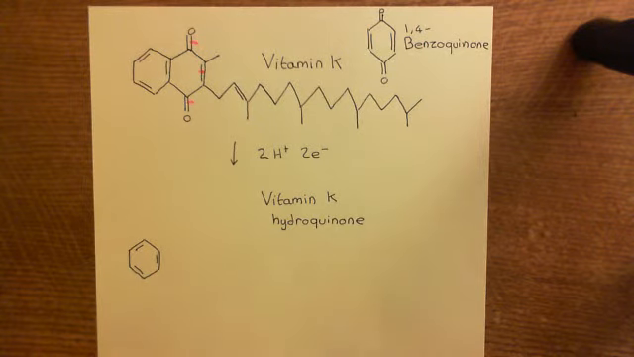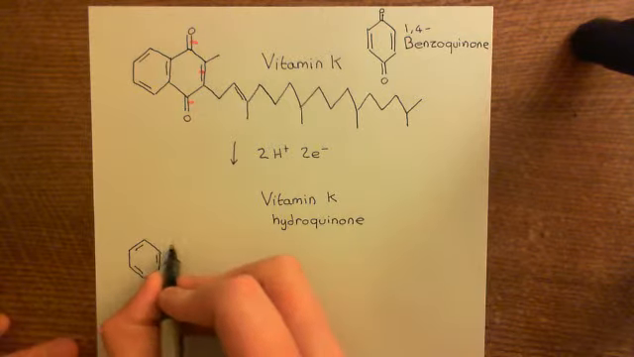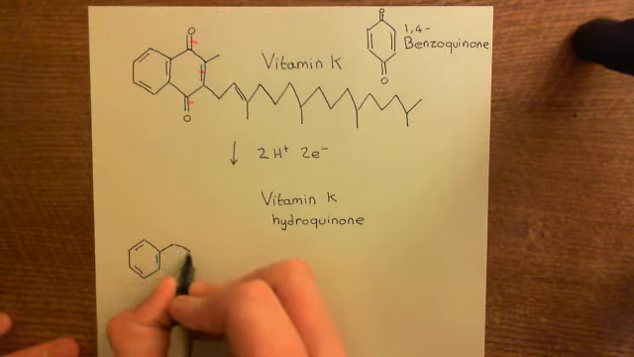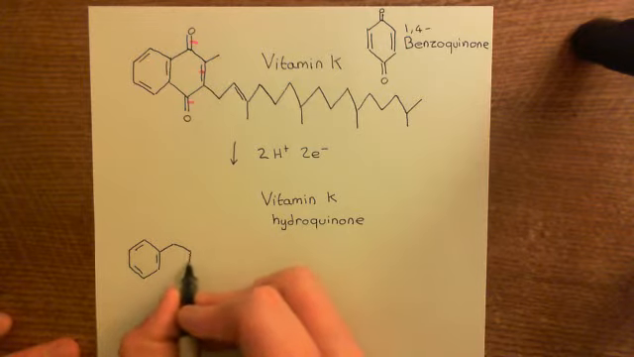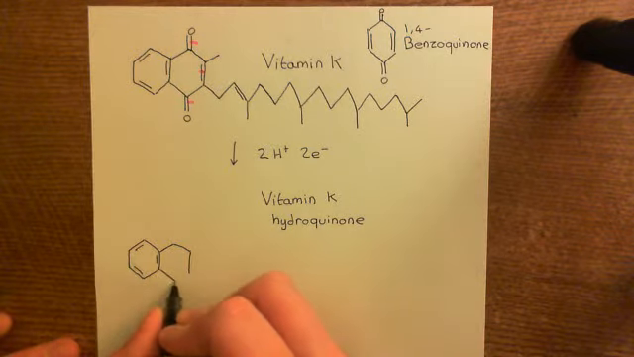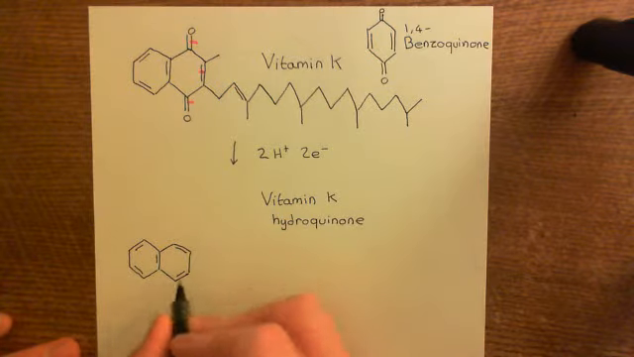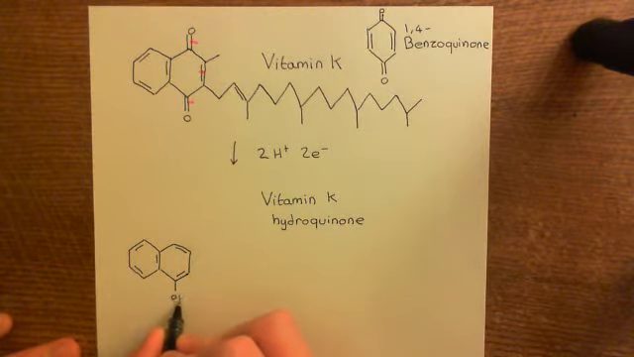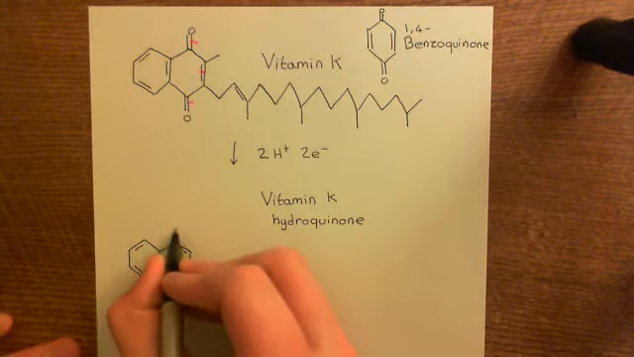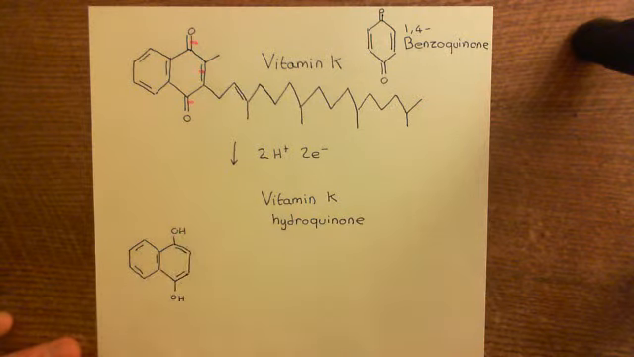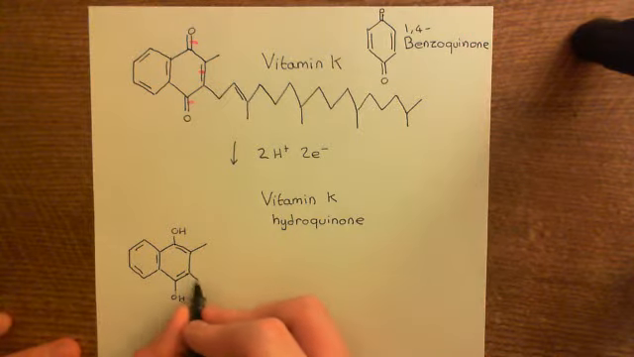It's just me helping you keep track of where everything's going and why this reaction makes sense. Okay, so what we now have is we still have this 6-membered ring, but it's no longer a 1,4-benzoquinone. Instead, it's got double bonds here and here, and it's now got 2 alcohol groups at these 2 ends. Then it's still got the methyl group off here, and then it's still got the tail of vitamin K